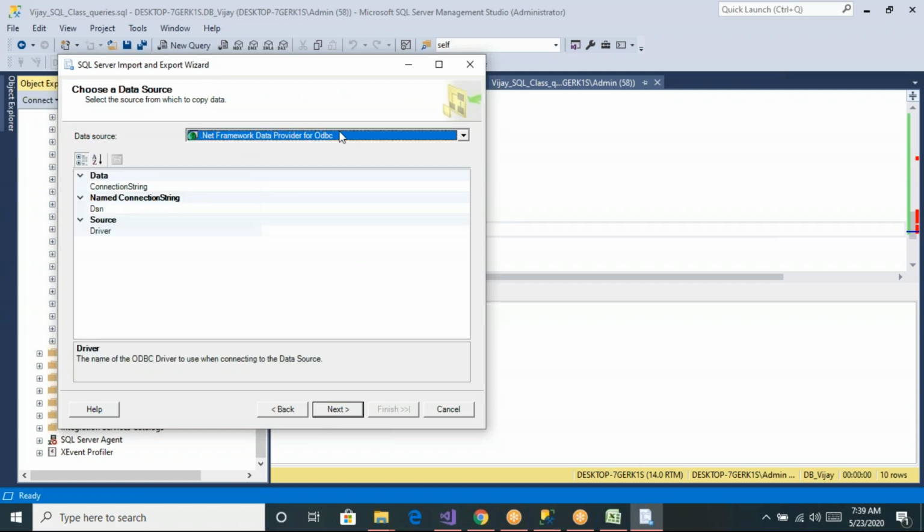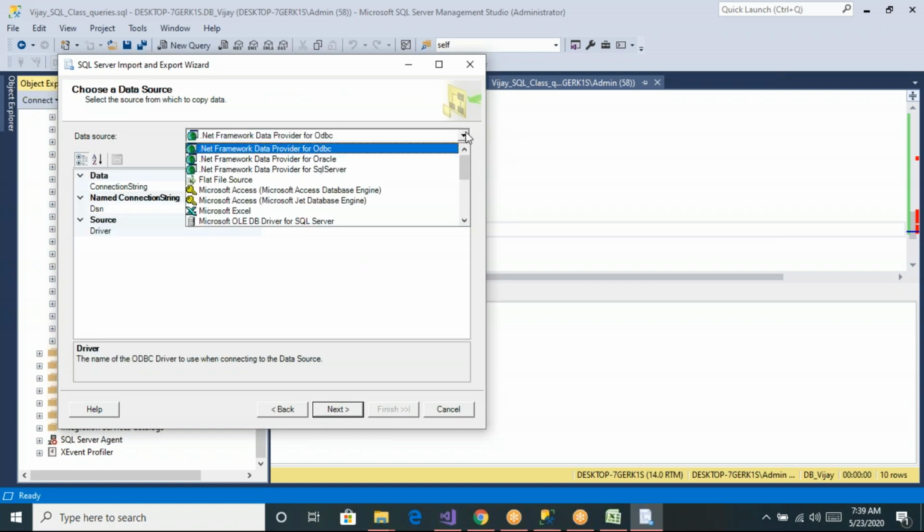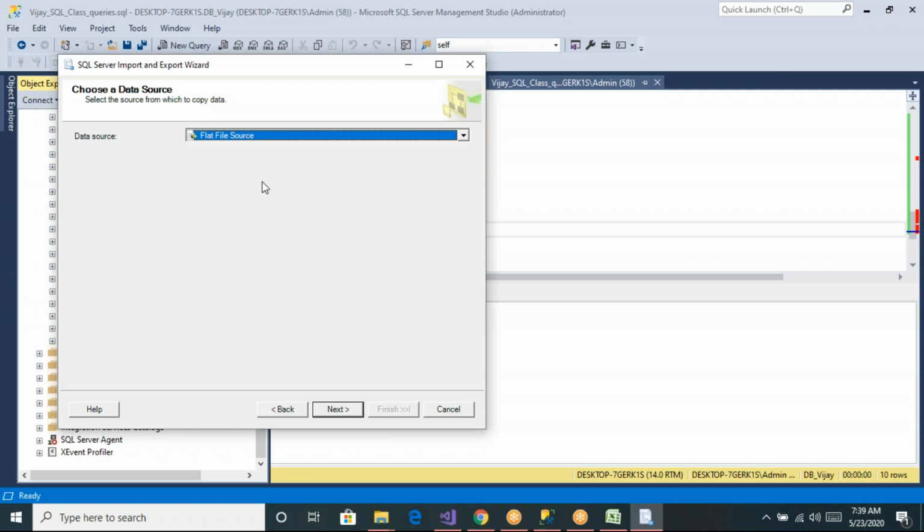Now you can see Choose a Data Source. Since your source data is coming in a text file or a CSV file, we have to select the source type as flat file source. Okay, source type as flat file source.